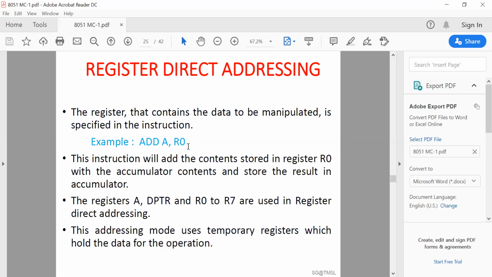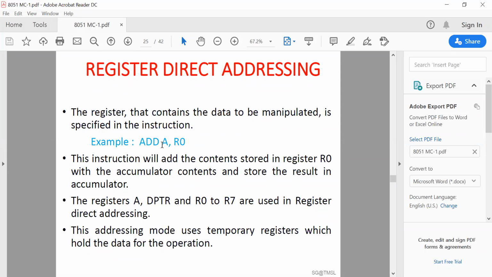Everything is locally available inside this IC, nothing is external. So here R0 is a register. This instruction adds the contents of register R0 to the content of the accumulator, and the result will be stored inside the accumulator.